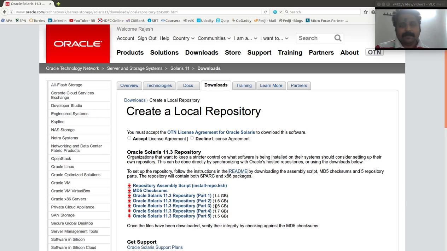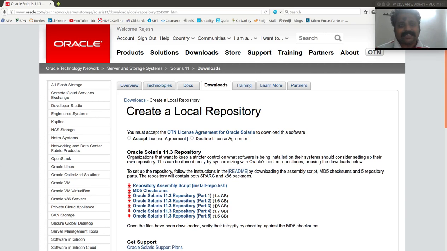A lot of things have been made easy from Solaris 11.2 onwards. When it was Solaris 11.0, you had to do a lot of stuff by hand, such as stitching these 5 or 4 split files. Actually, in 11.0 it was only a couple of files, so you had to stitch those couple of files, use the lofiadm command to mount the file system, and then copy the content of that onto a ZFS file system. Those steps had to be done by hand in Solaris 11.0. A lot of things changed from 11.1 and subsequently onto 11.2 and now on 11.3 as well.